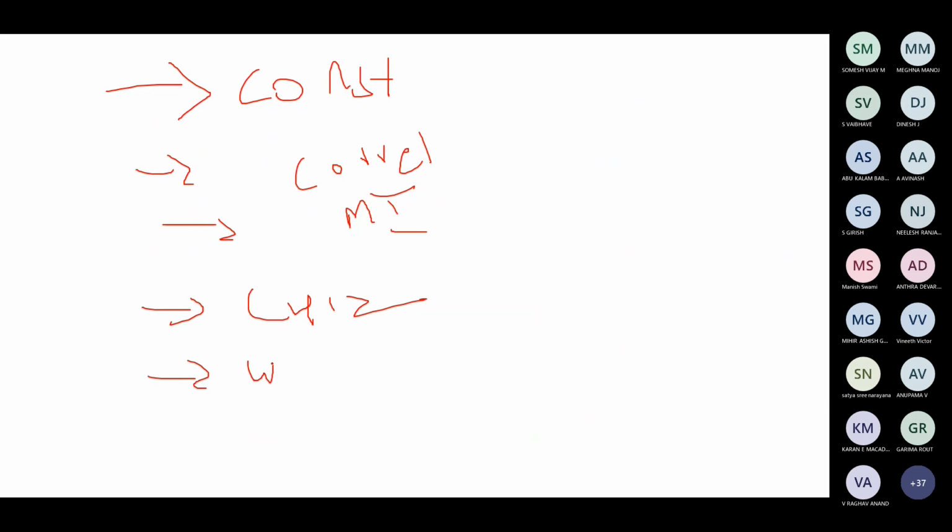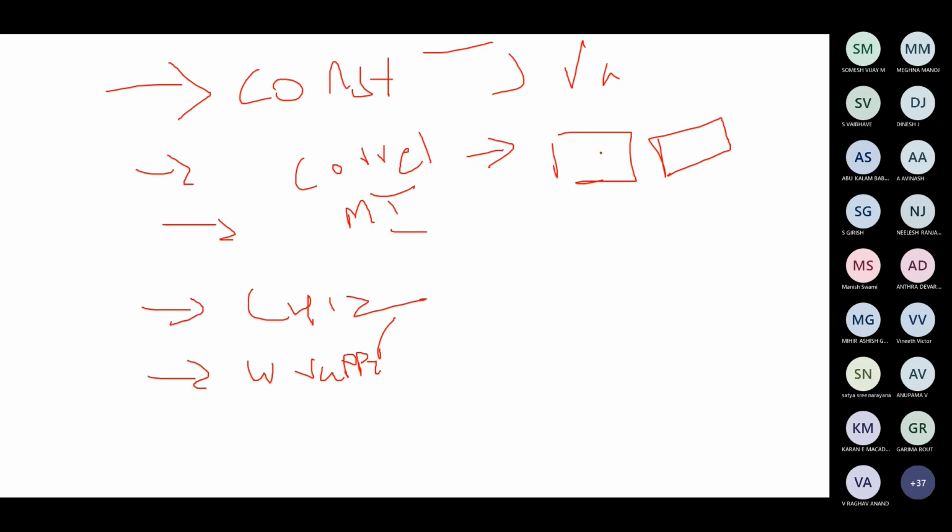Then I spoke about the wrapper method. Constant feature dropping is with respect to variance. Correlation is with respect to how much dependency two independent features have. Mutual information was with respect to entropy. Zero means it's better; a higher value means it's not good.